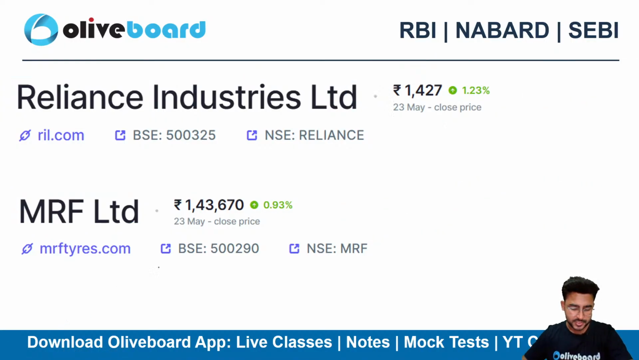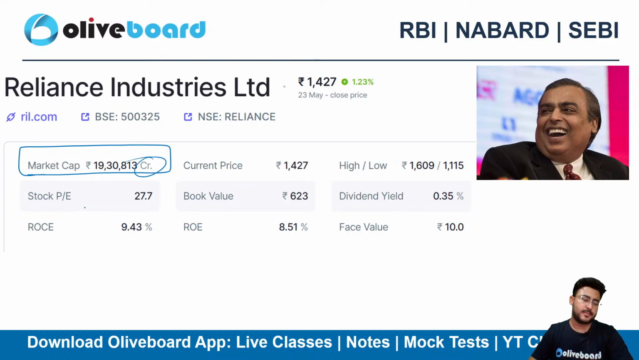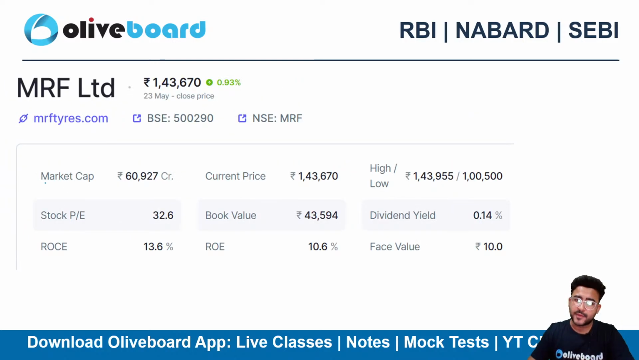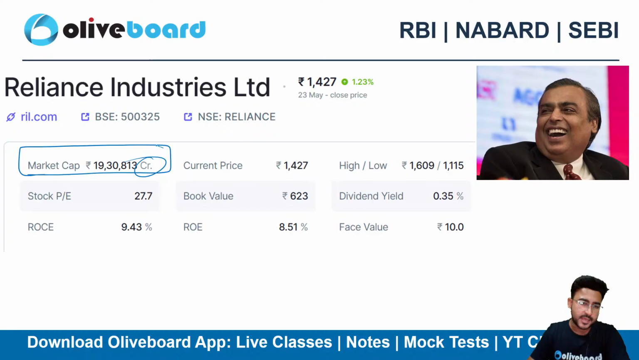This is market price per share, right? If I look at the market capitalization of Reliance Industries, it is 19,30,813 crore. That's huge. However, if I look at the market capitalization of MRF, it's just close to 61,000 crore. Where does 61,000 crore stand, and where does 19 lakh crore stand, right? So Reliance Industries is bigger than MRF, no doubt, but the shares are